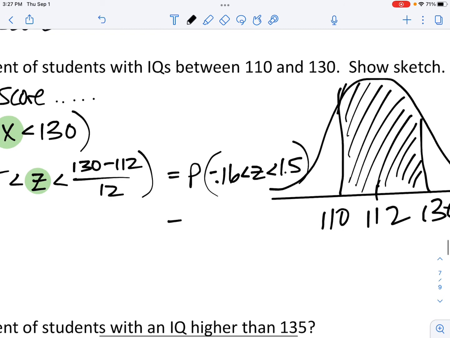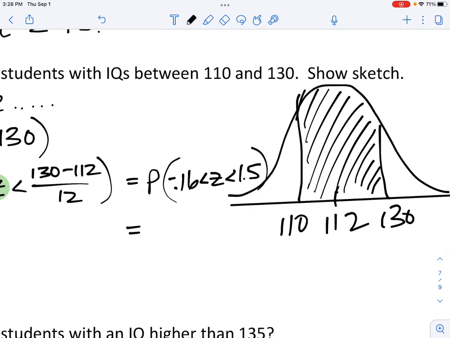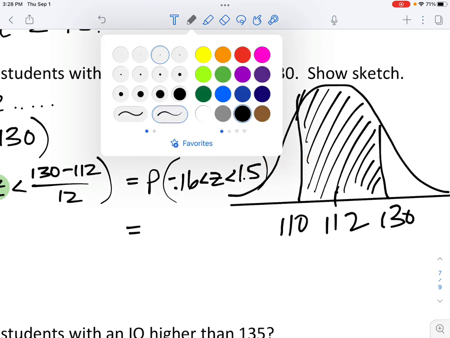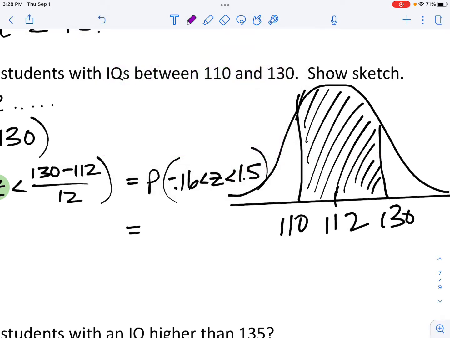Okay, so I'm not going to show table A just because it would be a little bit confusing. We did do an example using table A where there are two bounds. What you would do is you would look up table A, this z-score, and remember that would just tell you this shaded area right here on this tail. And we would end up subtracting that away from the area when you looked up this z-score, which represents from here all the way over. That is a little bit confusing though,